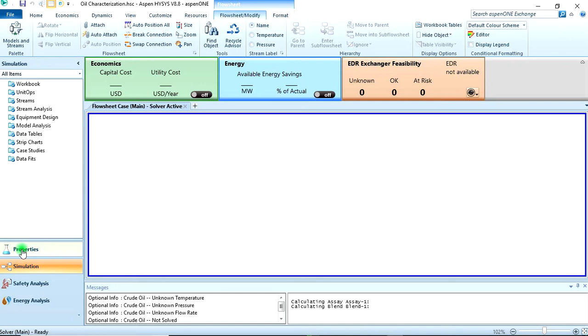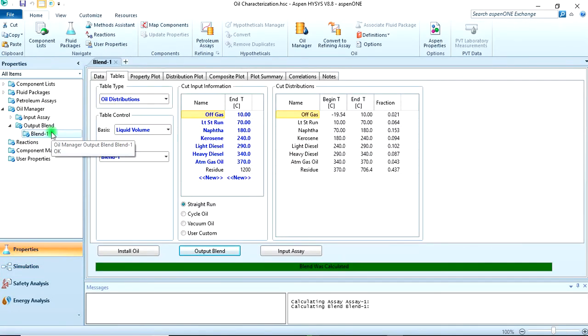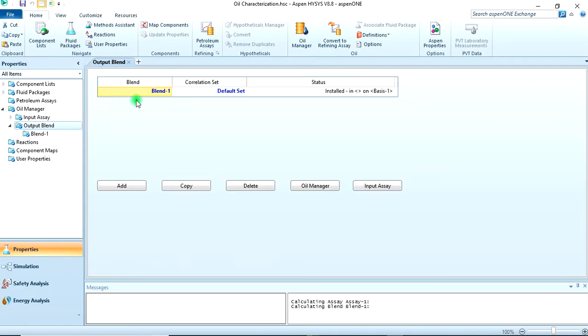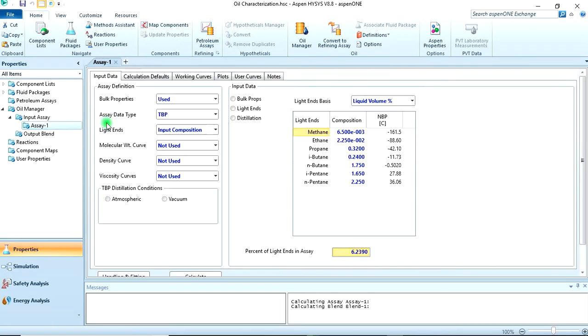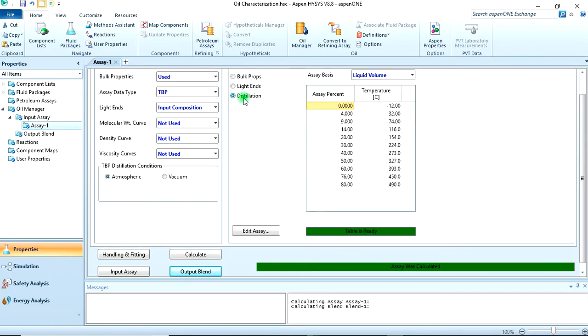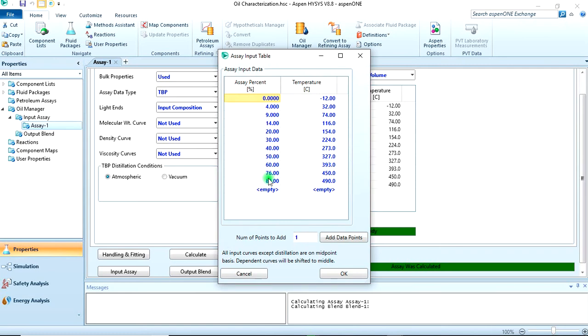Now going back to my properties, I can delete this blend too. Coming back to my assay 1, this distillation properties was where we had the distillation data, where we made a mistake. This is supposed to be, after 60, it should be 70. Edit, after 60 should be 70, then 76,